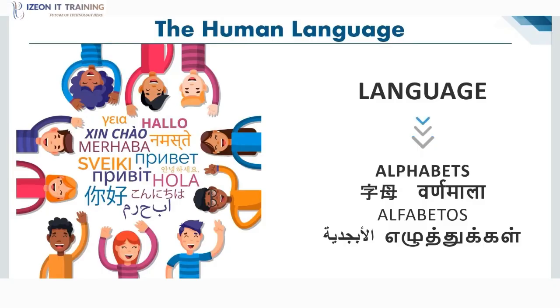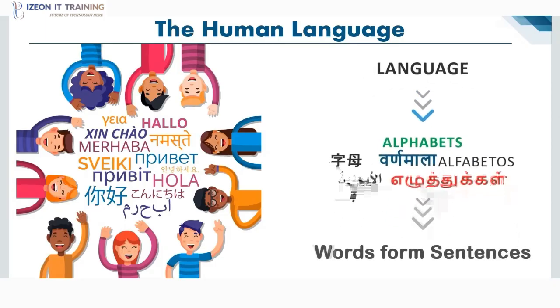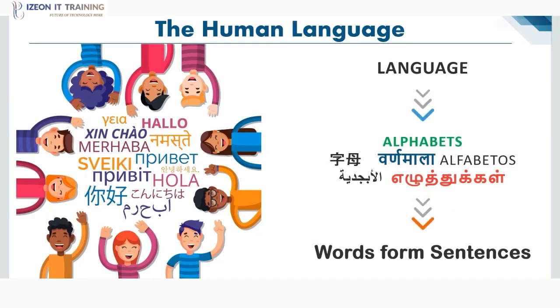Now, the success of the human race is because of the ability to communicate and share information. That is where the concept of language comes in. However, many such standards came up, resulting in many languages, with each language having its own set of basic shapes called alphabets. The combination of alphabets resulted in words, and the combination of these words arranged meaningfully resulted in the formation of a sentence.